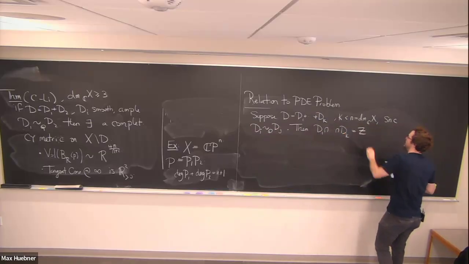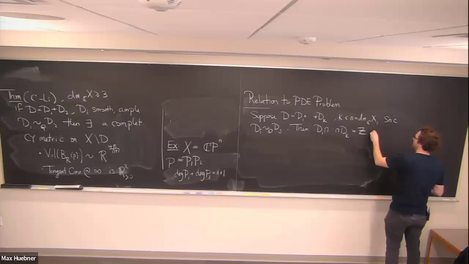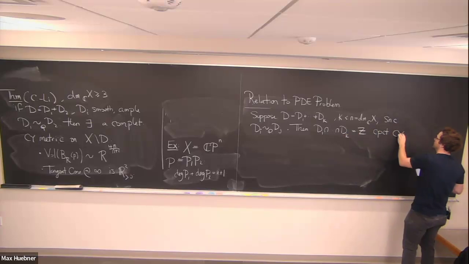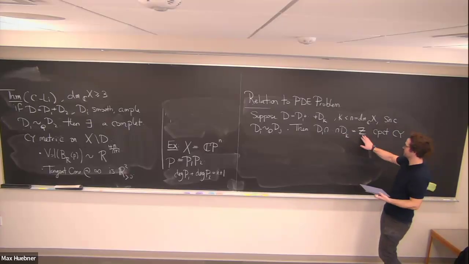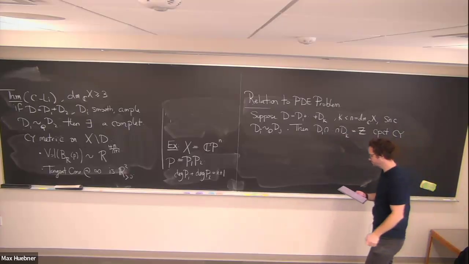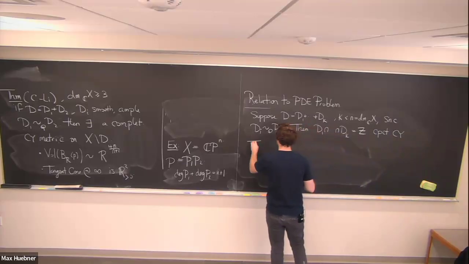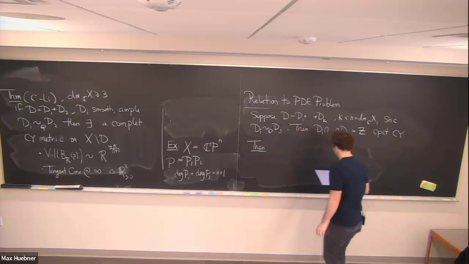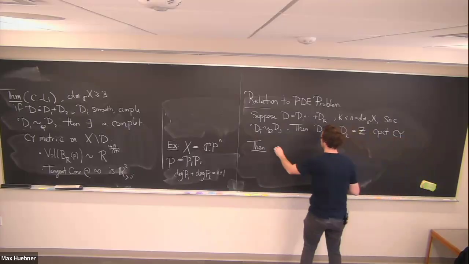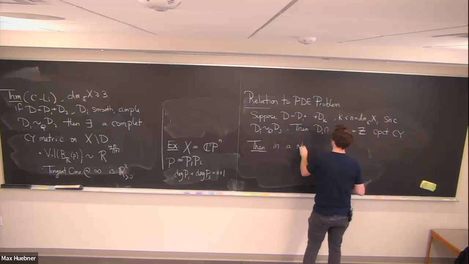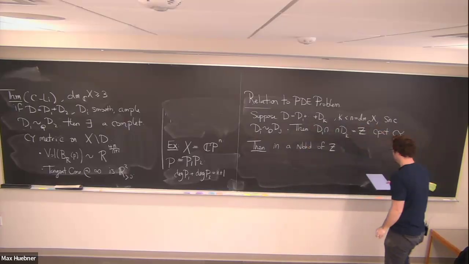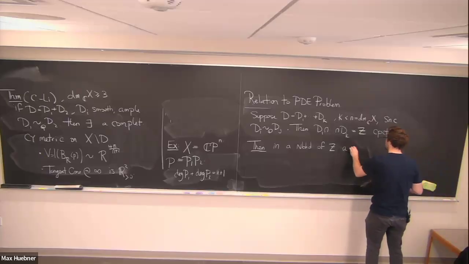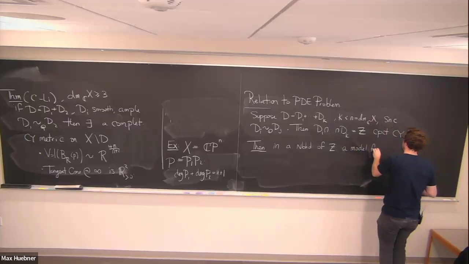This is a compact submanifold inside of X. And in fact, by adjunction, it's a compact Calabi-Yau. Okay, so in particular, Yau's theorem applies to Z. So then, and I won't go through the calculation, but in a neighborhood of Z, I'll draw the picture in a second. So in a neighborhood of Z, a model for the Calabi-Yau metric